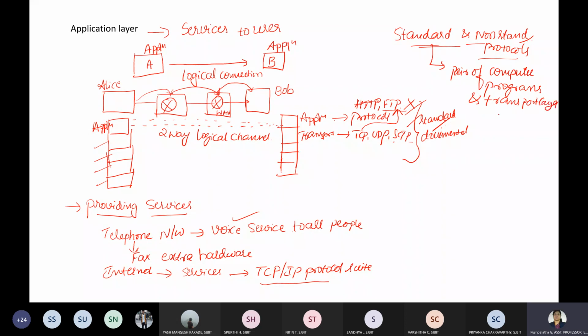basically to provide a specific service to the user. Fine, and we'll discuss some of these concepts further. Now, in the case of these application protocols, we should know what type of services they provide, how they are going to work, and the options we have whenever we use these applications.